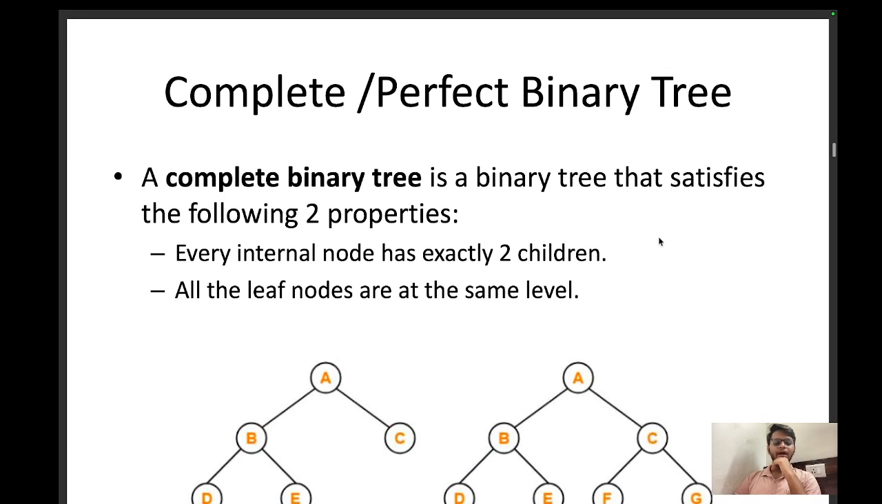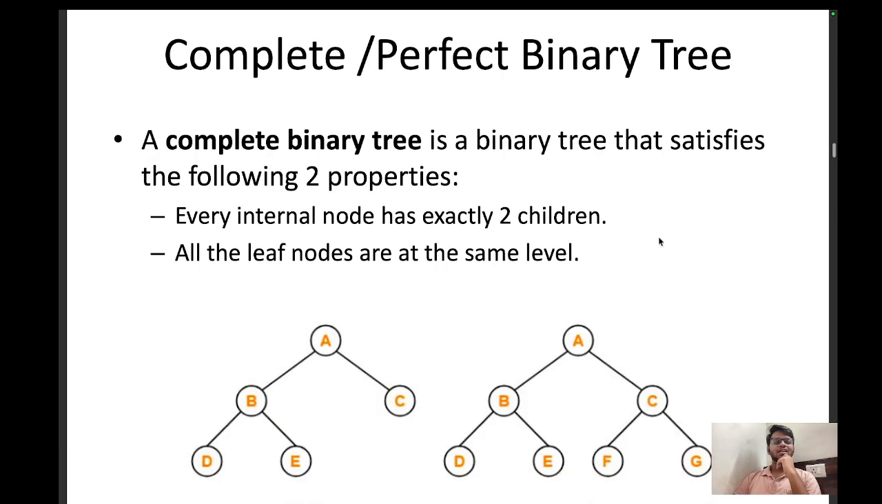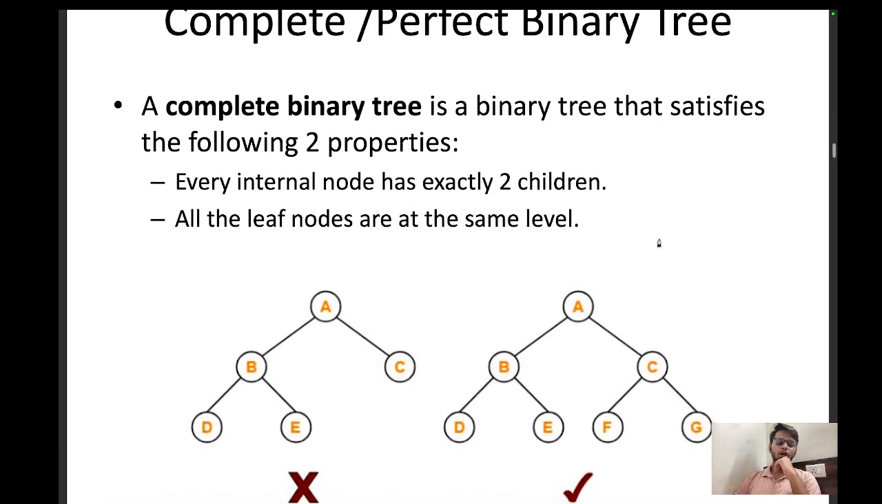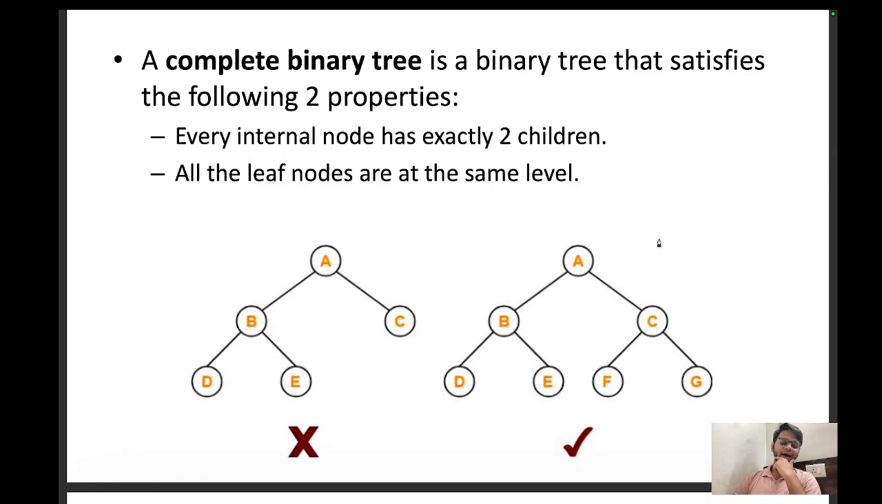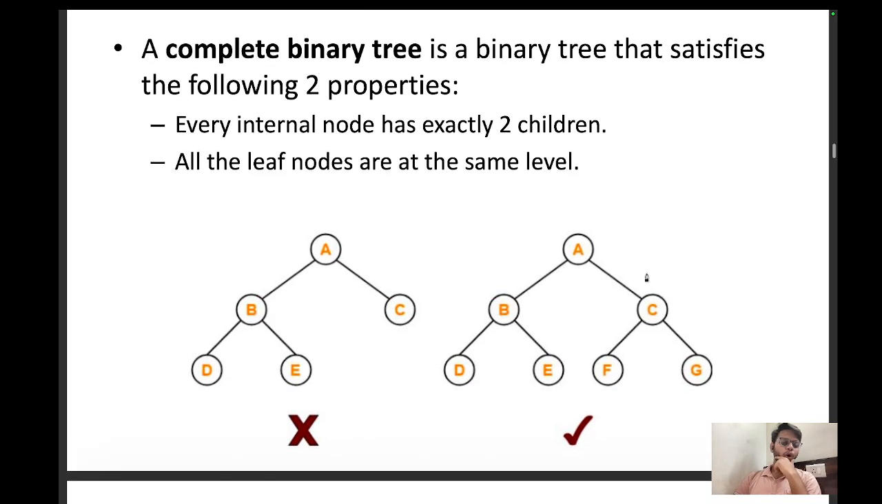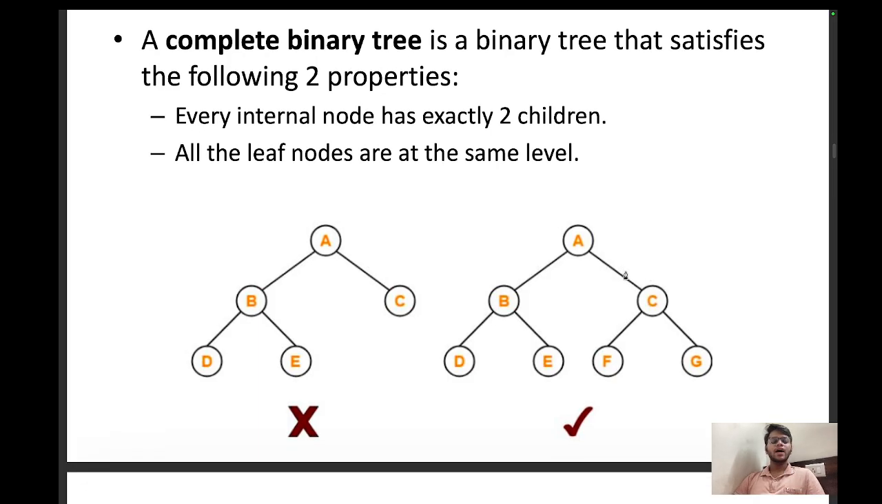So a complete binary tree is a binary tree that satisfies the following two properties. So now what are the properties that a complete binary tree follows? The first property is that every internal node has exactly two children. All the leaf nodes are at the same level. Correct? So every internal node has exactly two children means that internal node like